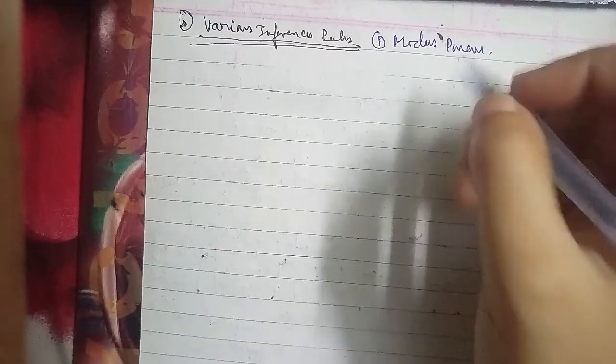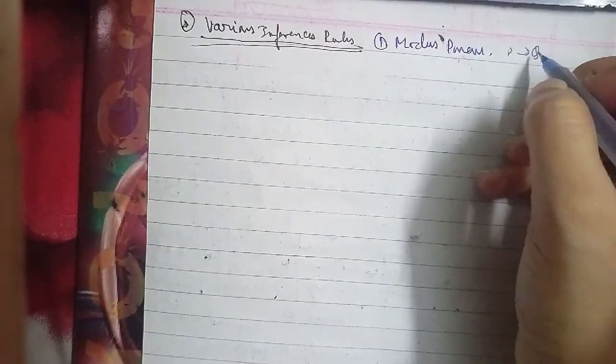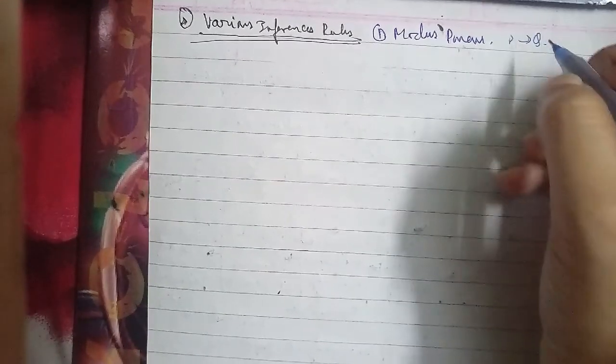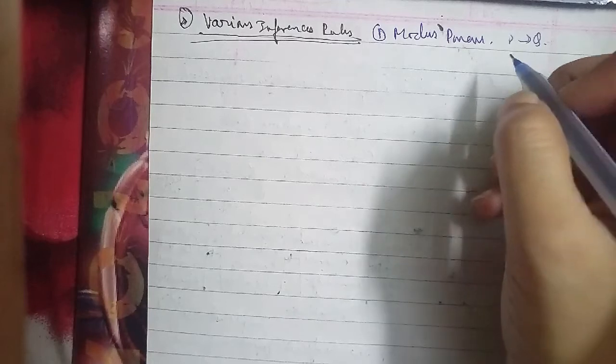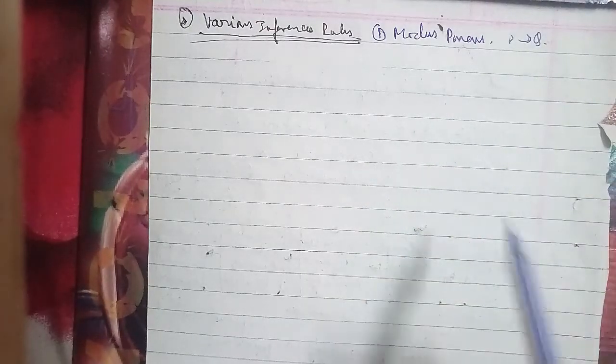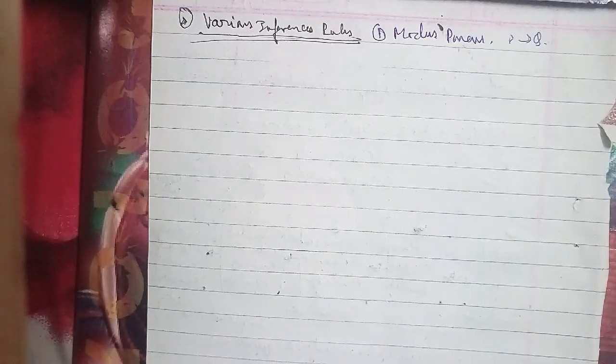if P and P tends to Q is true, then we infer that Q will be true here. And for that we'll take an example with two statements and one conclusion, and hence we'll do that by proof by the truth table here. So the question we have here is